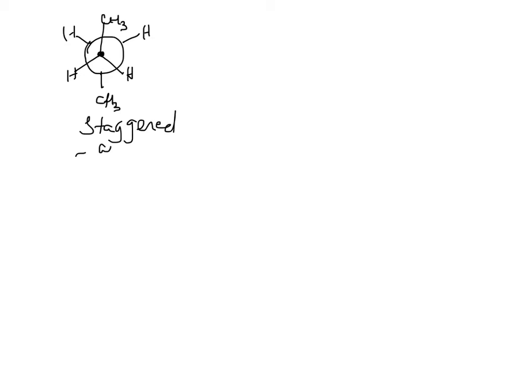So we will have our front CH3, H, front carbon, H away, and the methyl group is away as well. So recognize that this is a staggered unit, and more specifically this is a staggered anti, and I'm calling it